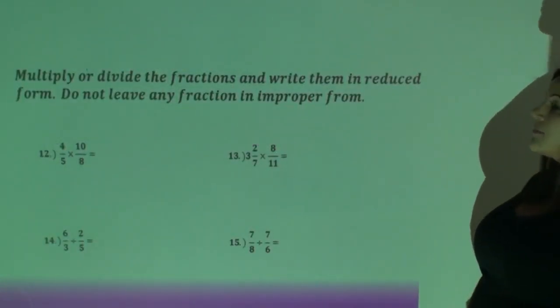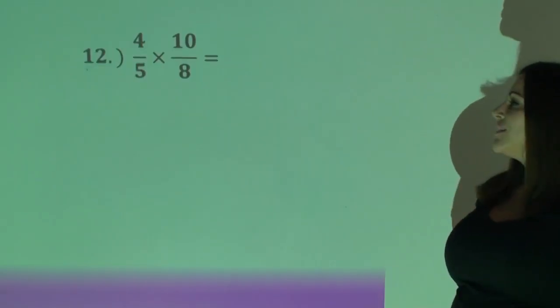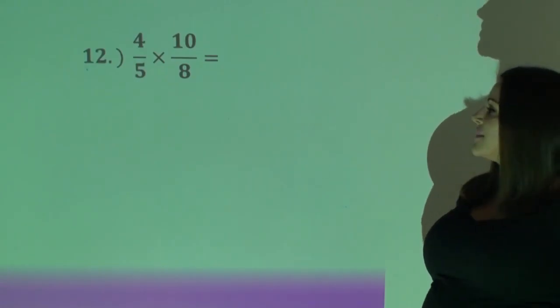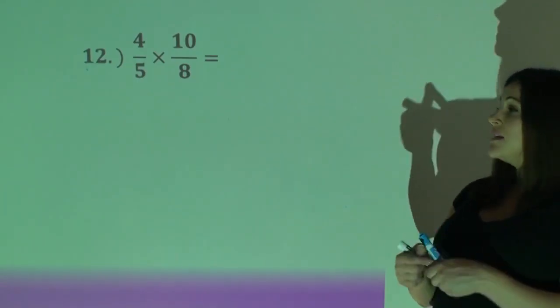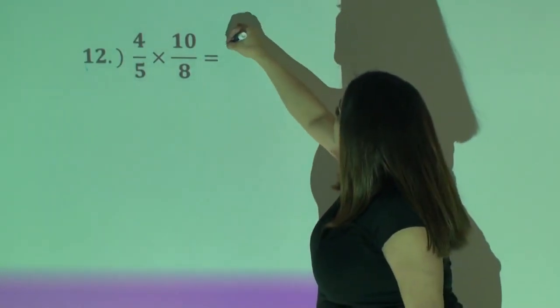So let's do a few problems with multiplying and dividing fractions now. Okay, so let's go ahead and look at question number 12. Here we've got 4/5 times 10/8. So the rule with multiplying is we multiply both the numerator and the denominator. So this is going to equal 4 times 10